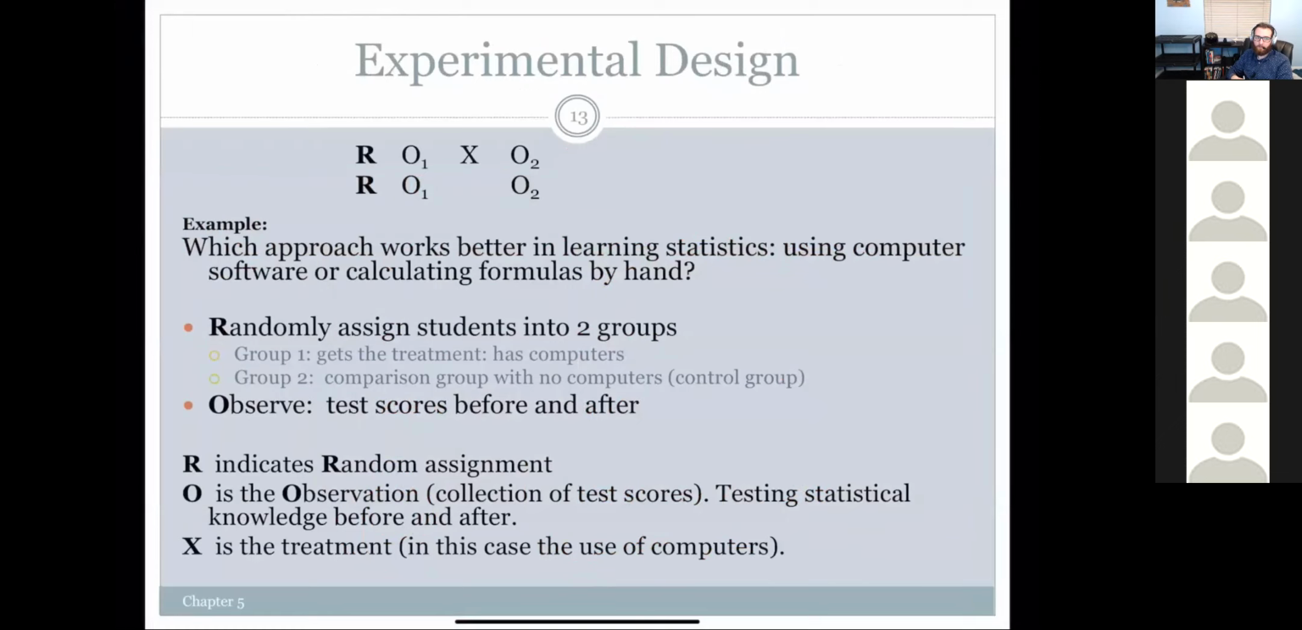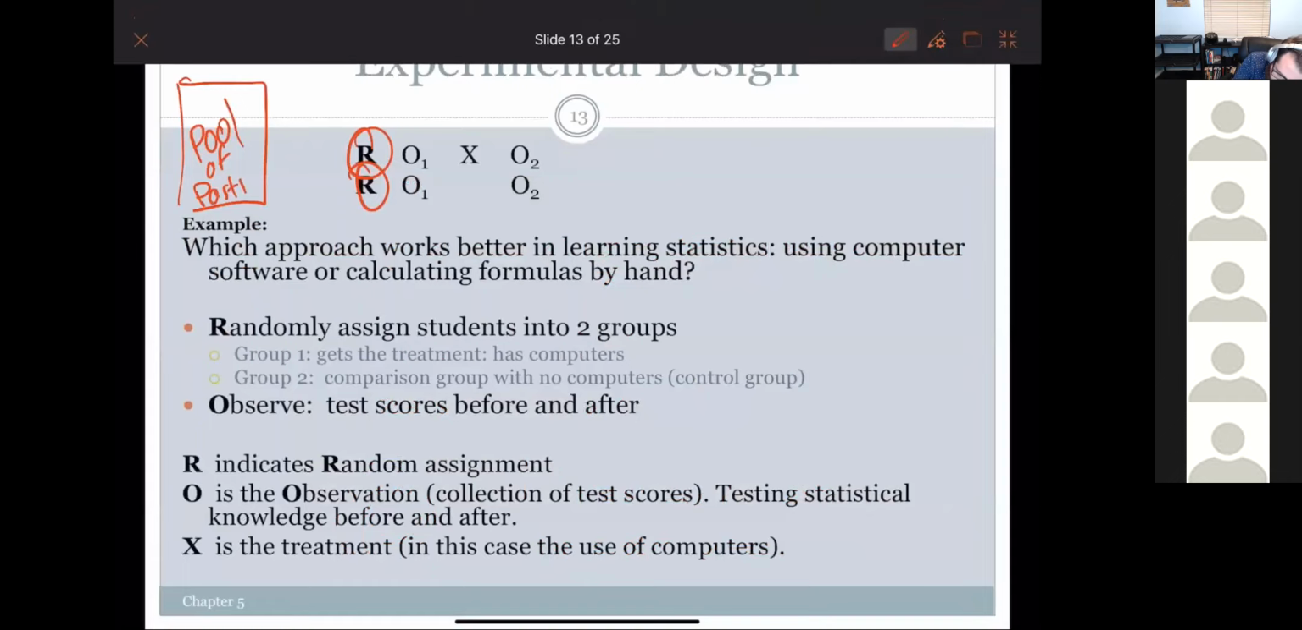Right. Experimental design. I've talked about this before. This is obviously random. So you have a big pool of people who want to participate. I'll do it this way. What generally happens is,